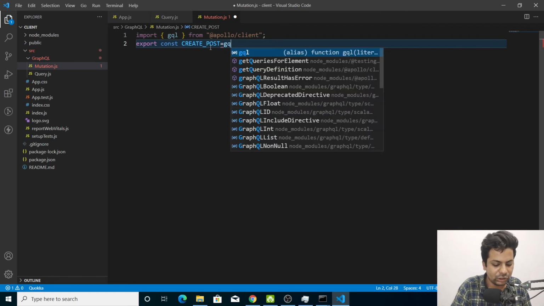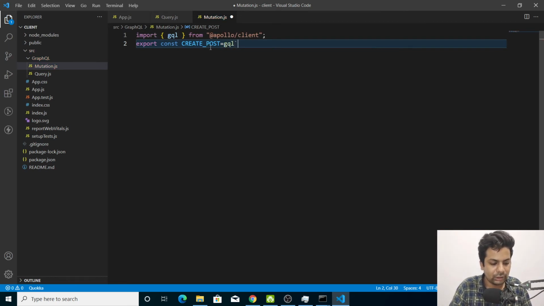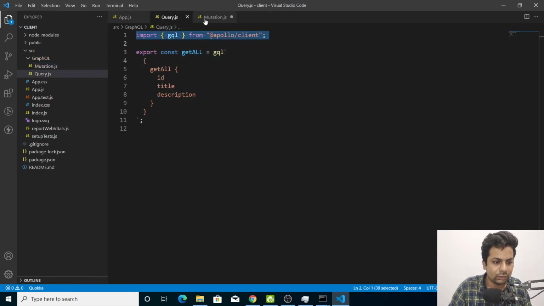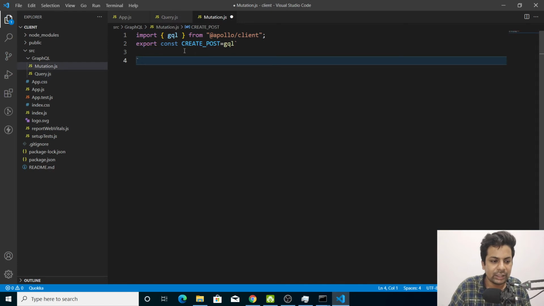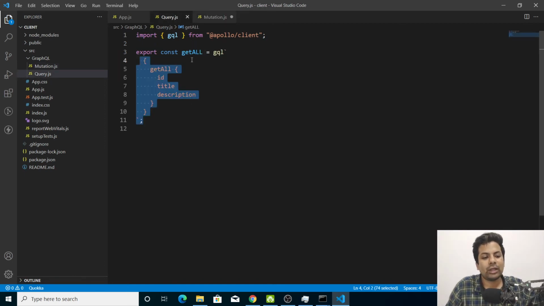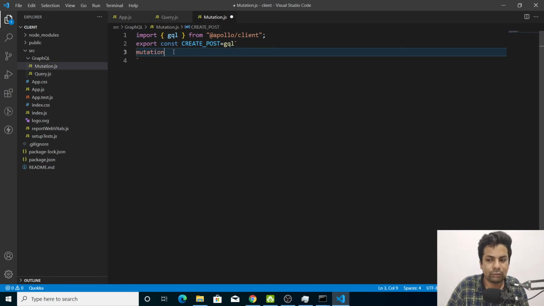Then we'll say gql and we'll do it like this. Here, because it's a query, we were directly defining it, but now we have to define our mutation. So we have to write mutation explicitly, because mostly we do reading only, so a query is understood.